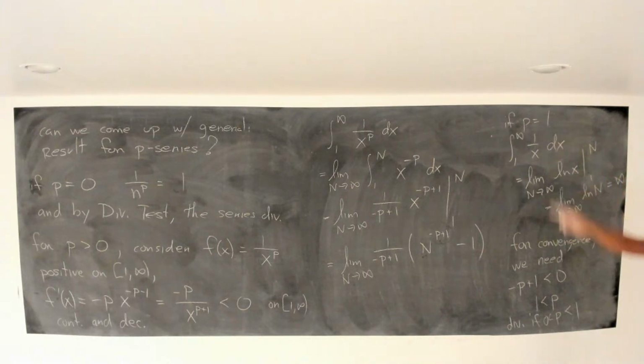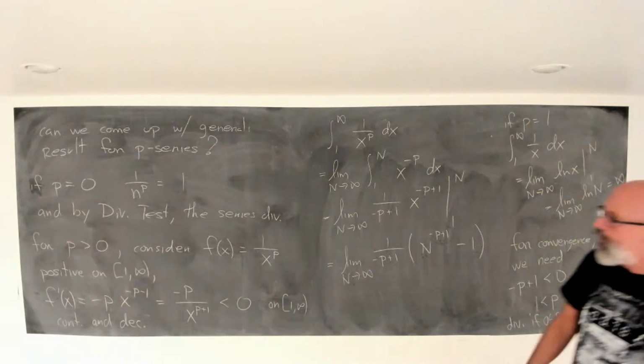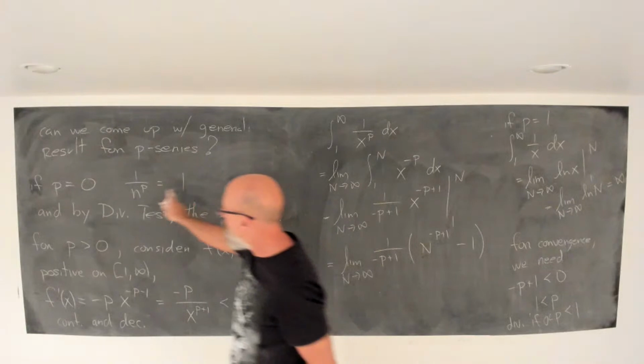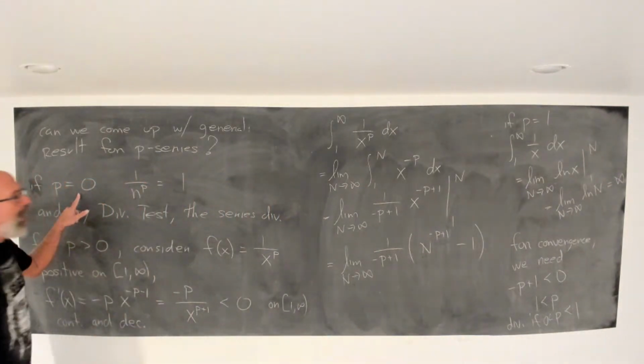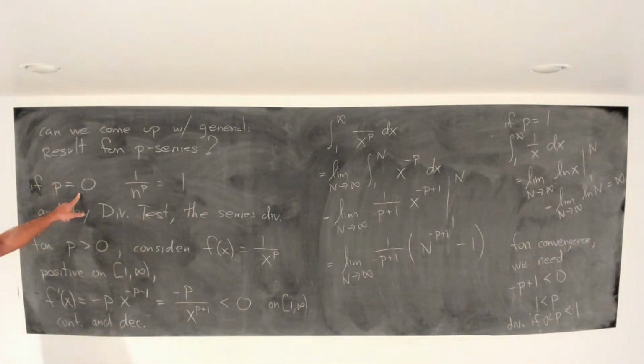So it's going to diverge if p is 1, converges if p is bigger than 1, diverges if p is between these two values, diverges if p is 0, and if p is negative,